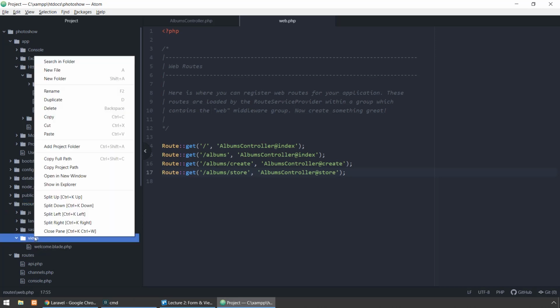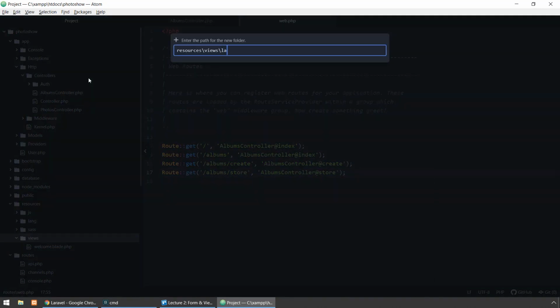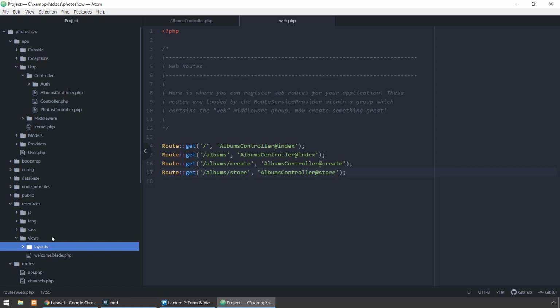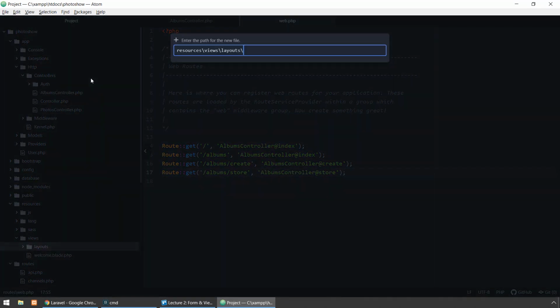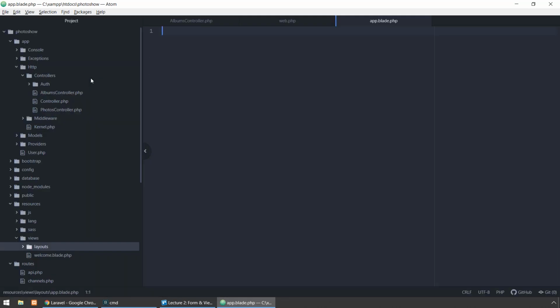So let's open resources views and create a new folder here, which is going to be called layouts, as you know, and a new file called app.blade.php. Let's insert the HTML code and let's add a few things. For example, the title, which is going to be photo show,